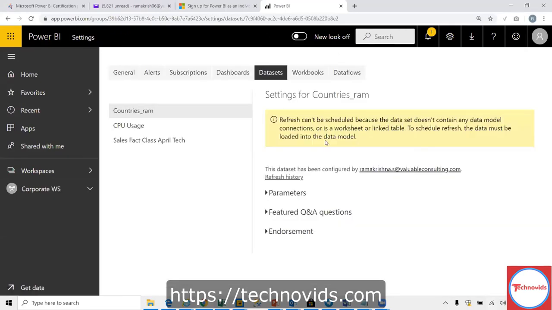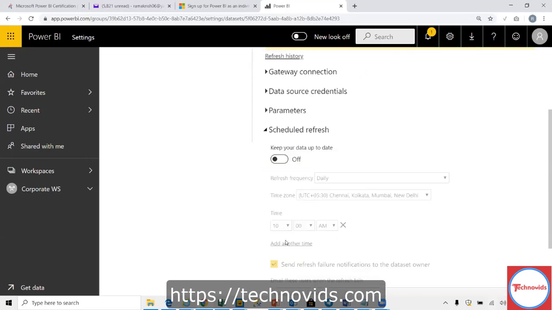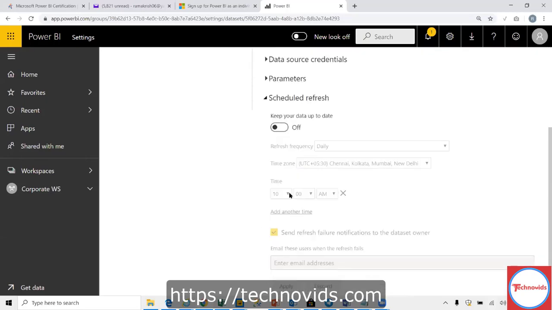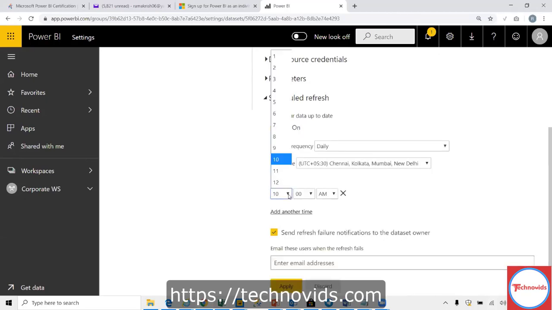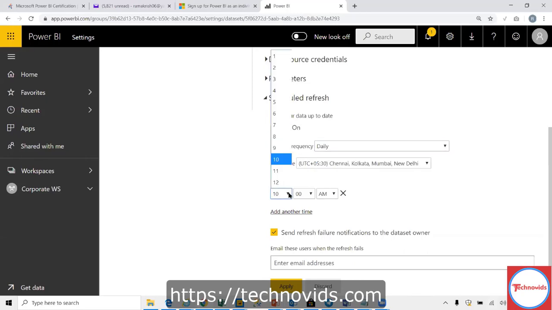Under this data set, there is this schedule refresh. So here there will be one more option which is not visible. Let me see here. Here it's visible. Okay, so the gateway connection and scheduled refresh. Here you have an option: what time you want to set up, whether you want it at 2 p.m. or 10 a.m. or whatever time, you can refresh this. So every half an hour is the interval, and you can refresh daily, weekly, and all those things. The daily with the half an hour interval, you can always set up.